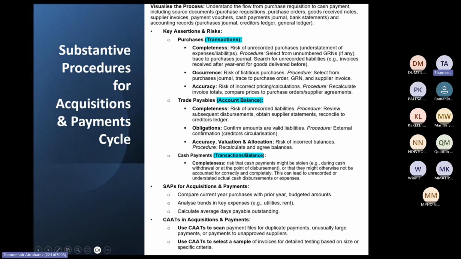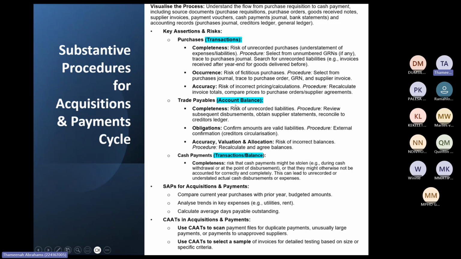So in this case, if it's completeness, again, you must look at the direction of testing. Remember what direction we said? We said it's from the source document to the journal or the general ledger records. Then occurrence again is if there's a fictitious purchase, when we overstate purchases. So there are fake purchases, purchases that are not supposed to be there. And remember, if there's an overstatement of purchases, it means there would be an overstatement of liabilities, which will be existence. And it means that it will be the opposite for your cash payments. But you can read that yourself.